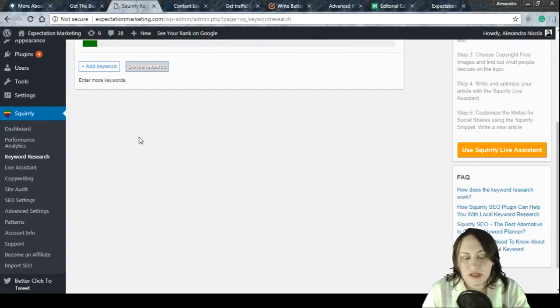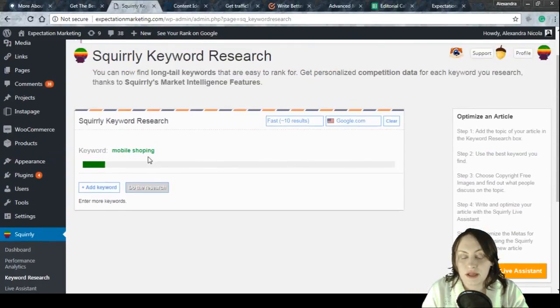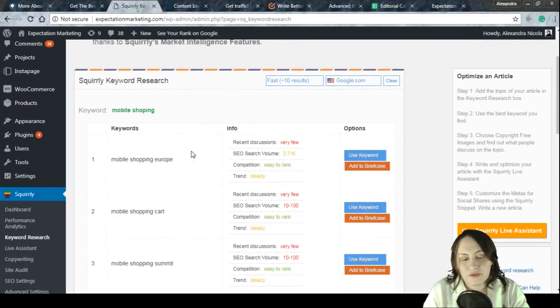If you're using Squirrly already, you should also try the Briefcase feature that we're currently launching and working on. You're going to find it as a trial in your Squirrly plugin, and you can basically keep there all the useful keywords that you would like your site to rank for in 2018. And basically, when you're doing your research or when you're adding a keyword to start writing a piece, you can add it to your briefcase and then from there on see all the